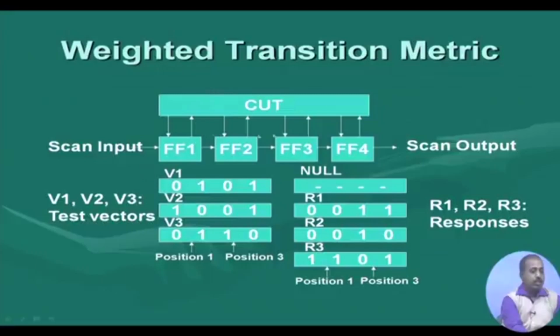So, in this case, this is the situation: we have the circuit under test, and suppose we have a scan chain consisting of 4 flip flops, FF1, 2, 3 and 4. Scan input is connected to flip flop 1 and scan output is connected from flip flop 4. Suppose we have these test vectors V1, V2 and V3: V1 is 0 1 0 1, V2 is 1 0 0 1, V3 is 0 1 1 0. On the other hand, the response when we apply V1 is 0 0 1 1, that is R1; R2 is the response of V2 and R3 is the response of V3. Now, what happens, I have 4 cells,